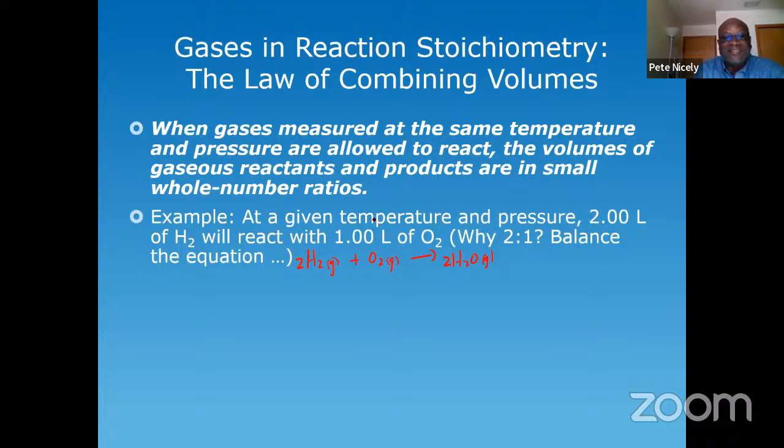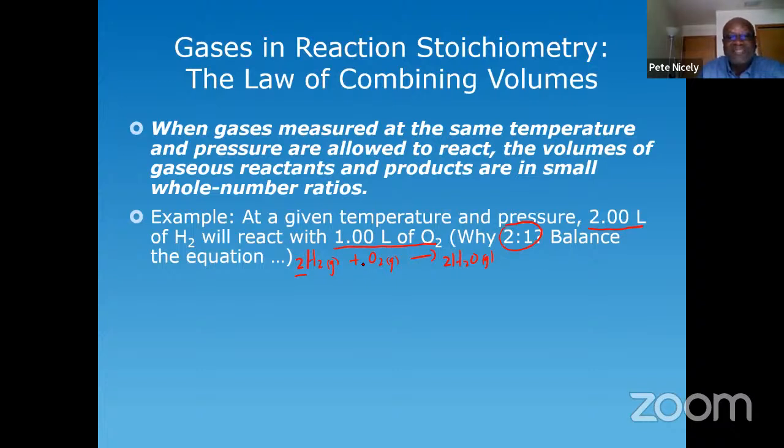So as stated here, at a given temperature and pressure, the volume of hydrogen is 2.00 liters and it will react with 1.00 liters of oxygen, right? In other words, there's a 2-to-1 ratio between the hydrogen and oxygen as far as the volumes are concerned. And that mirrors the 2-to-1 ratio that is shown in the balanced equation as far as the coefficients are concerned,